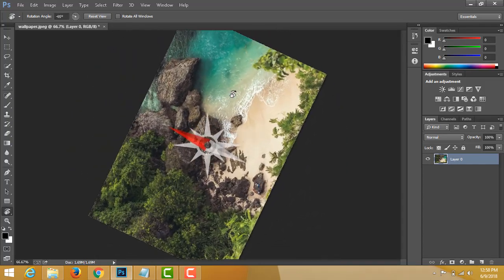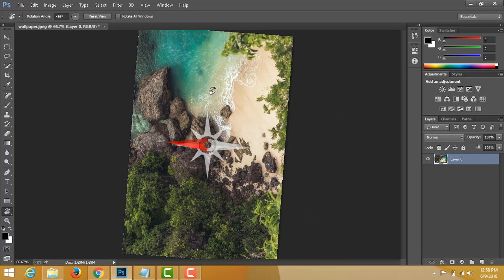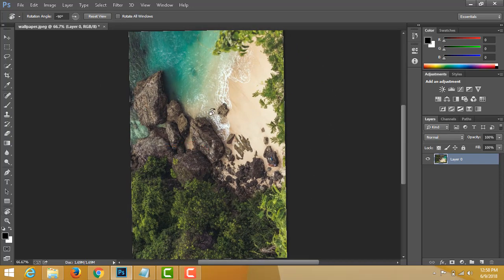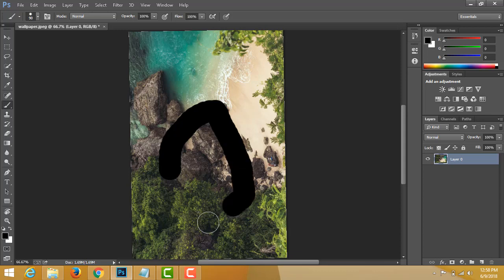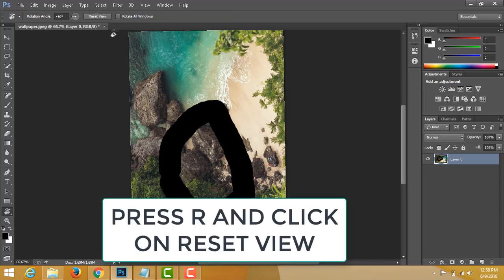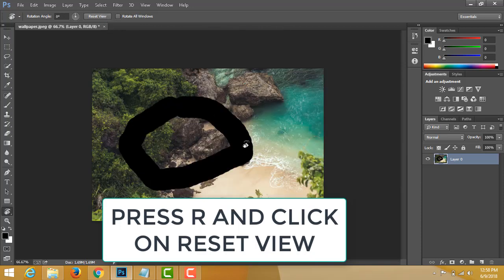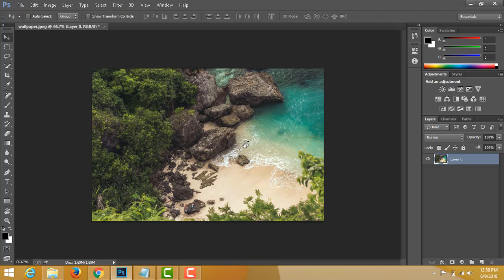Okay, and if I do this and then I take a brush and paint like this, if I need to anywhere. And how do you reset it? Just press R again and reset view. Here we go, we got our image back. Okay, so the next step is